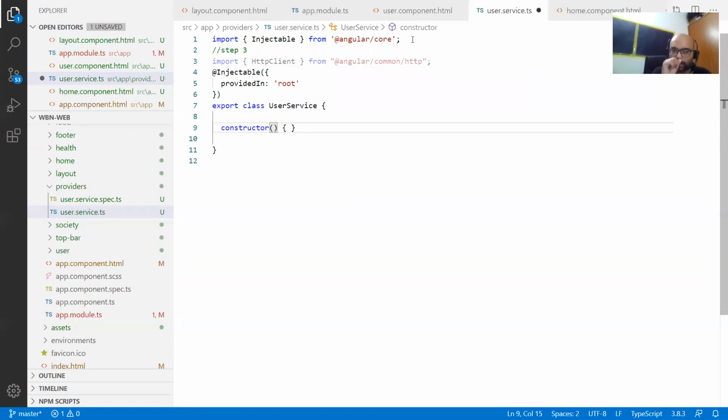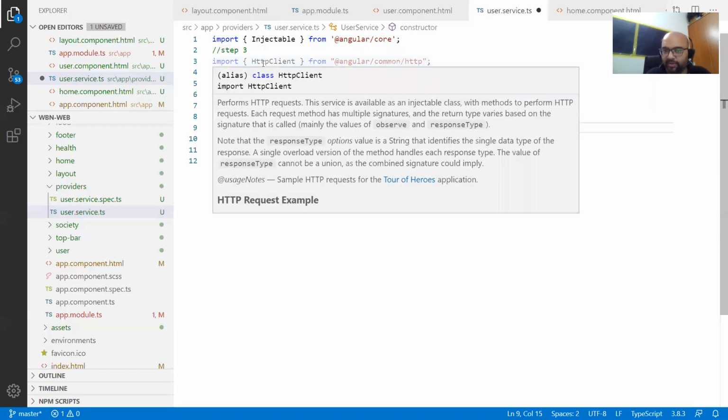add your service. Now step 4 is dependency injection. I already told you before when we actually picked the service. I guess you already saw the service part, but one more time, no worries. If you wanted to use any service, any provider, HTTP client is also a provider, a service.